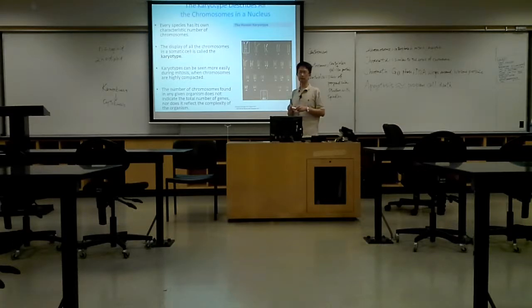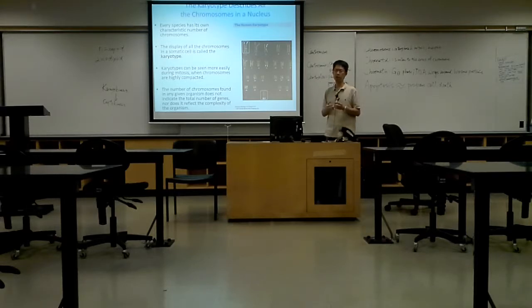So karyotype is easier to do during mitosis because when chromatin is being condensed into chromosome, then we can look at the shape. Different animals have different numbers of chromosomes. For human beings, we have 46 chromosomes. On Wednesday's lecture, I already told you the reason why, have I told you already? The reason there's a